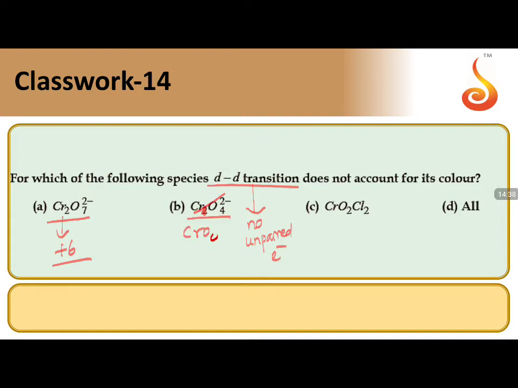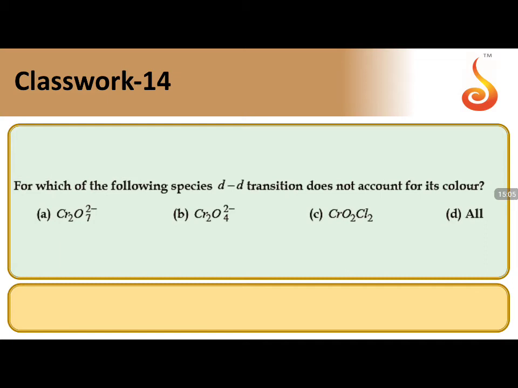I'll write the formula CrO4 2 minus, because as per the options available, I have to correct this. So this also comes to +6 oxidation, dichromate, chromate. Chromyl chloride is also +6 oxidation state. All have the same oxidation state. Then only this is possible to have the options. If not, it should be A and C. If CrO4 2 minus is corrected, then it goes to option D. Answer says option D. So that means it should be corrected to CrO4 2 minus.